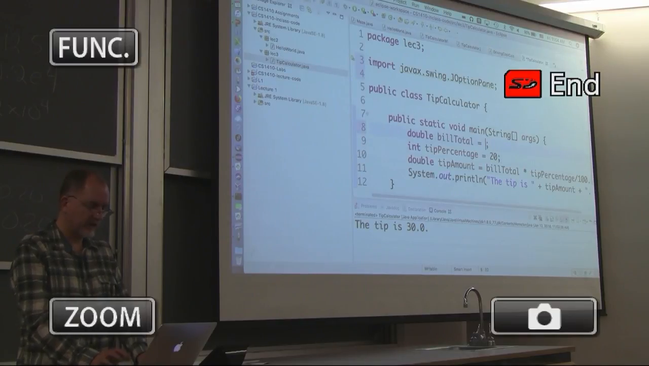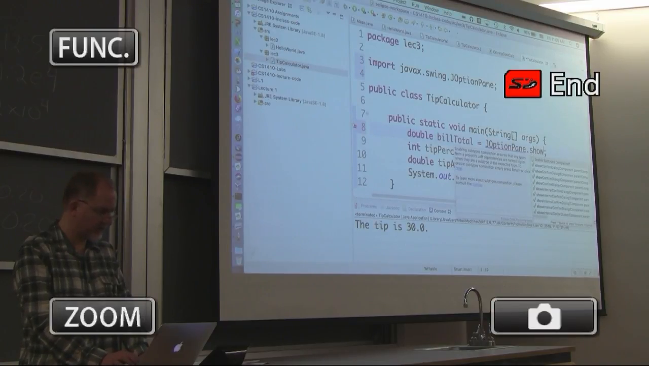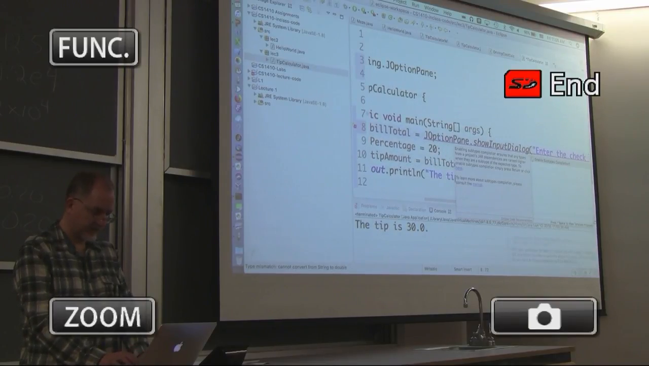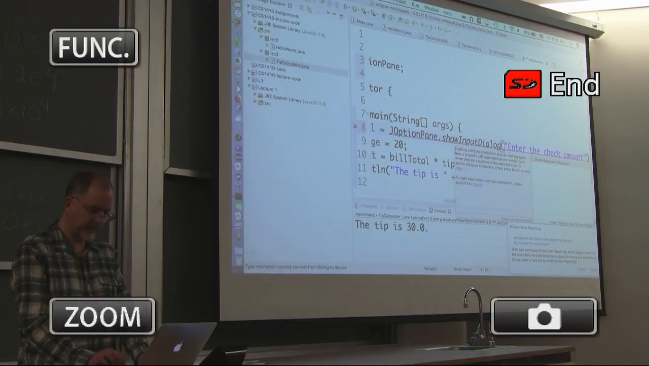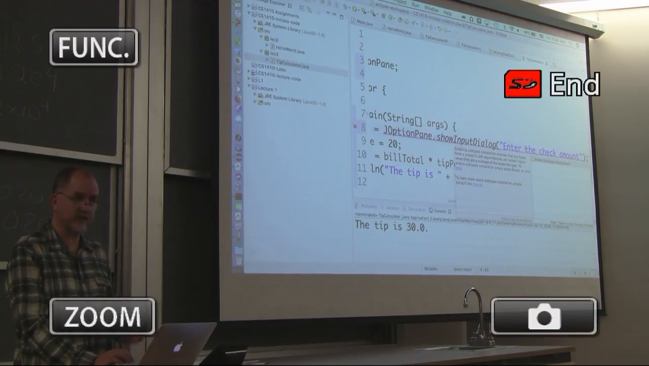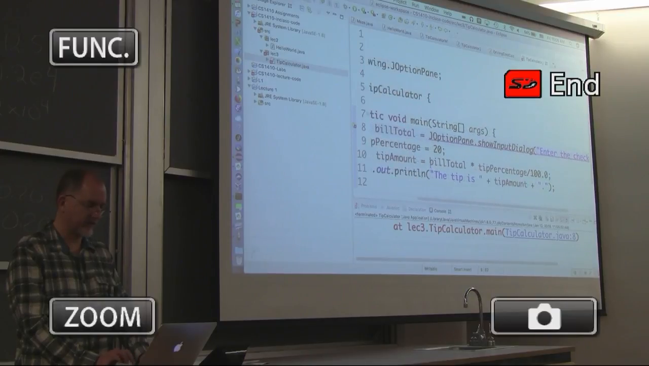So instead of typing in a hard number here, I'm going to call my JOptionPane and ask it to show an input dialog. And in there, I give some helpful prompt that is going to show up when this is run. So an input dialog is something that works for the user, and the text inside here is what's displayed to the user as the prompt for what they should be doing. So if I were to run the program now, oops, it's going to have an error actually. So